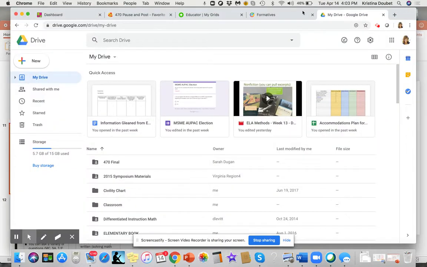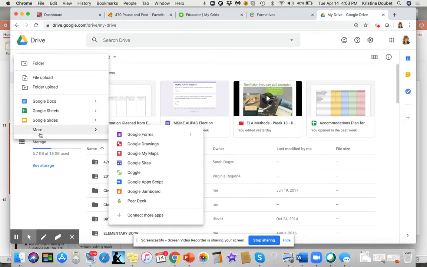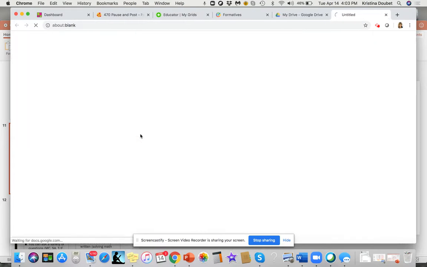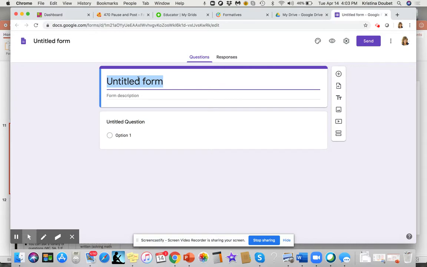Okay, so if you have a Google account, you just go to New, and you have to go to More. Usually it's not the first thing. It's a purple icon, Google Forms. So I'm going to click on that, Google Forms. And you can call it whatever you want to. Math, assessment, whatever you pick as the title. And then